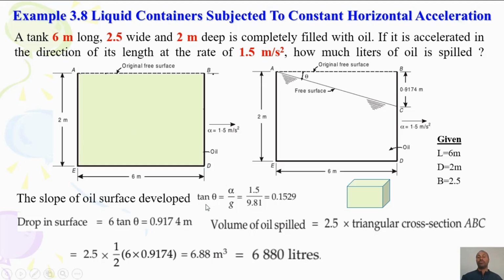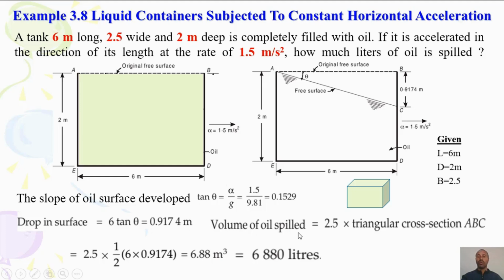Then the oil surface developed will follow this equation: tan theta equals a_x over g. You don't have a y direction, since it is accelerating horizontally. So a_x over g is 1.5 over 9.81, and you get this value. Theta you can compute as tan inverse of this value. The drop in the surface of the liquid is the actual free surface after acceleration. Multiply AB, which is 6, by tan theta, which is BC over AB, to find the drop in elevation,